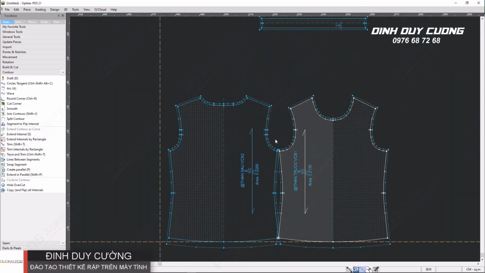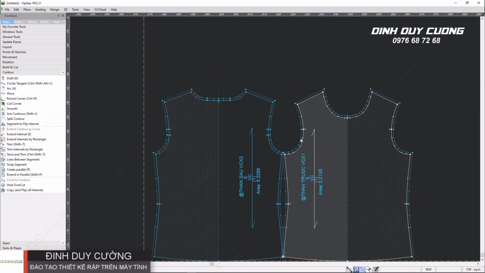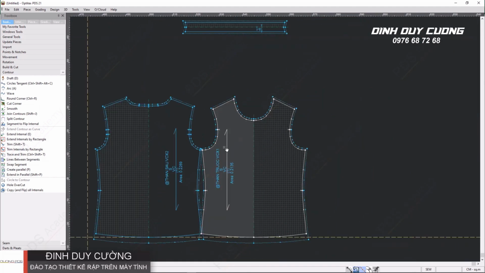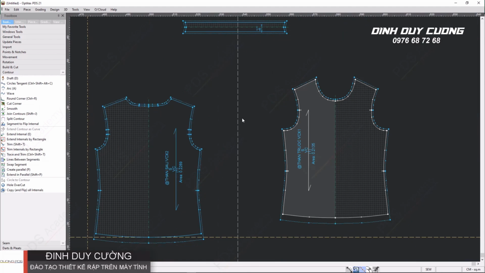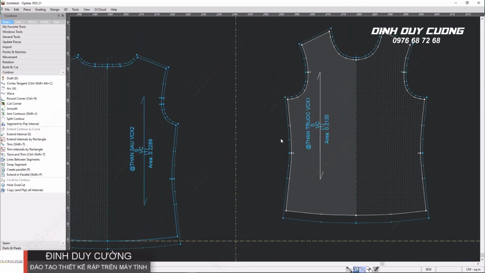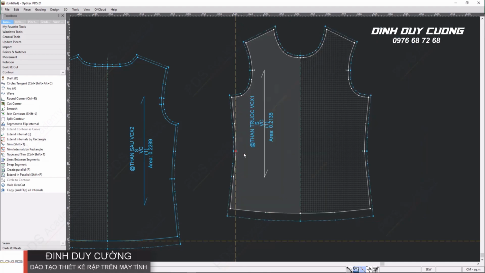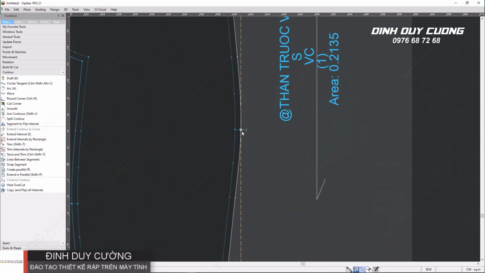It's really that easy. For example, up here, let's say this is a vertical ruler line. You drag the vertical ruler line here. Now, if you want this waist point to be exactly on this ruler line, you click on the waist point, press and release the space bar right away, then move the mouse to the ruler line. Click on the ruler line once, and 100% this point will be exactly on the ruler line.